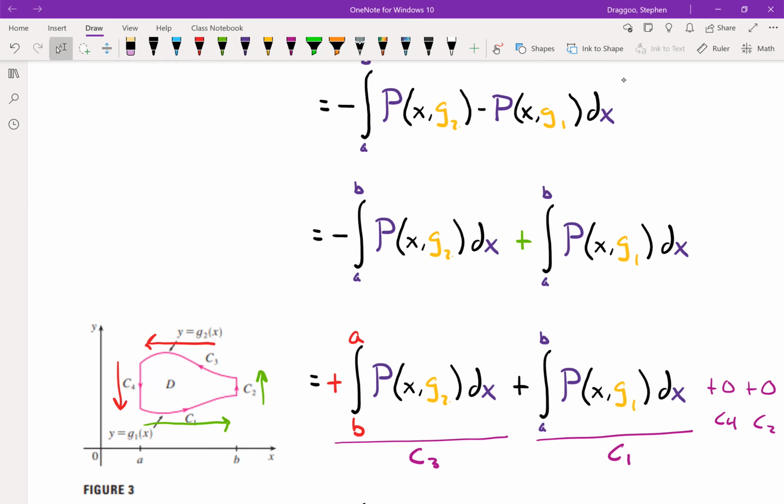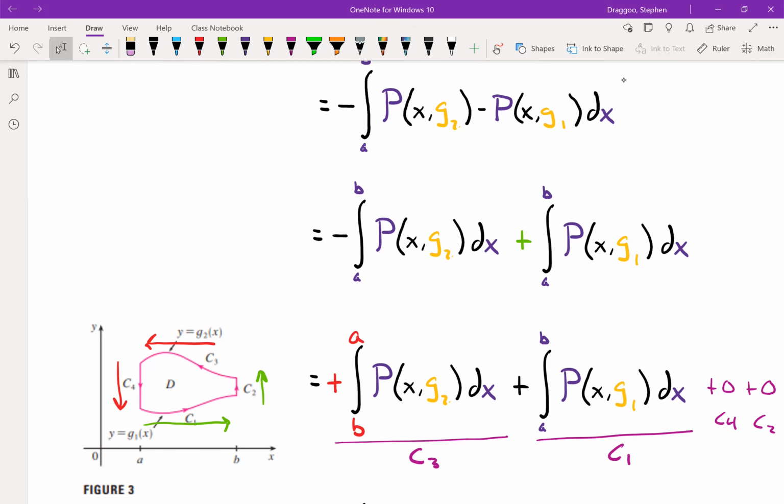So along the function where y is equal to g2, I want to move from left to right. Meaning that instead of integrating from a to b along g2, I would prefer to integrate from b to a, meaning I should switch the sign of that integral. So it's going to change from negative to positive. And it's this particular orientation that will explain why that p partial y is negative in the statement of Green's theorem. If we were to look briefly at what would happen if we had done q instead of p,